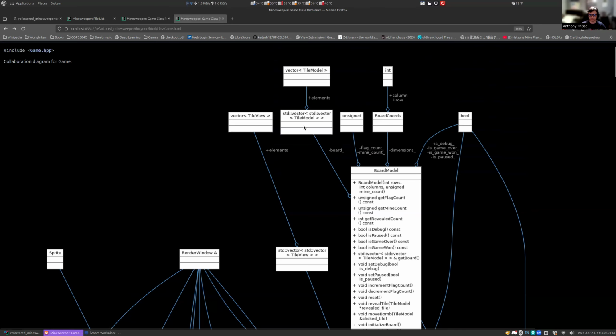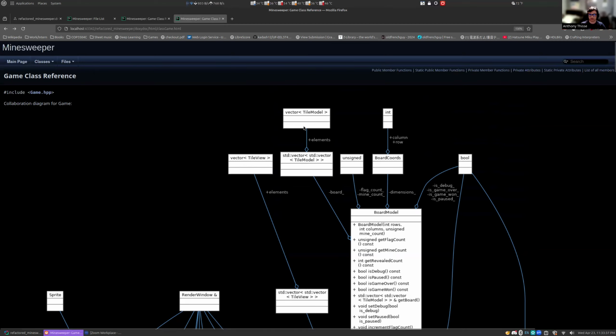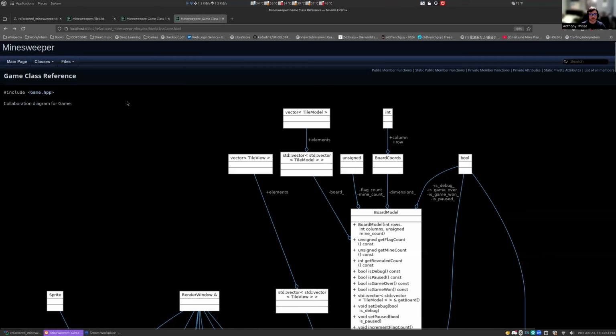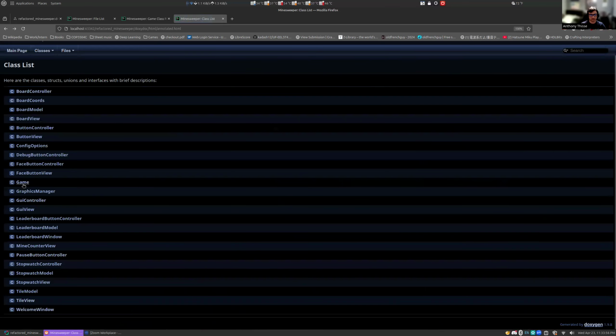And our tile models don't really have much going on with them. It's just they have some texture information associated with them, and they have a vector of tile pointers to sort of figure out whether they're on the edge of the board, in the corner of the board, or somewhere in the middle, depends. That changes how many neighbors they have, right? So yeah, we go back out and